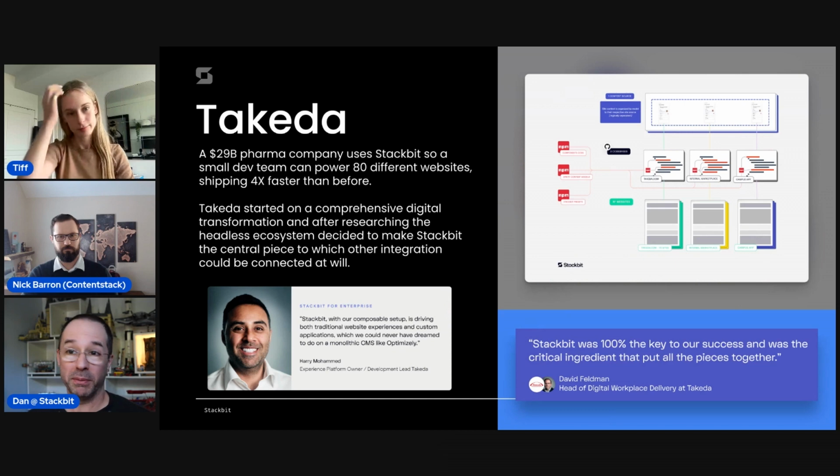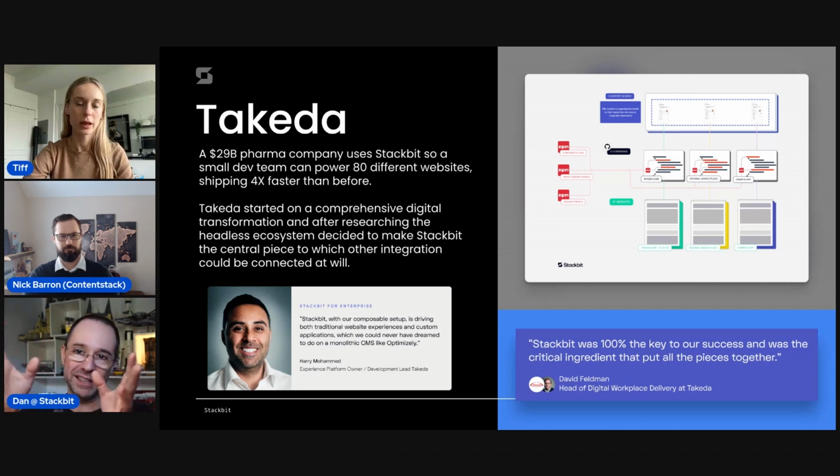They came in from a monolithic system, and they decided they wanted to completely revamp their digital workspace, their marketing site, and everything. They knew they would need different teams with different types of expertise to work on different experiences. Like the marketing site is one, the internal app they have for a marketplace is another. And all these things, they wanted to have the ability to essentially customize the editing experience.